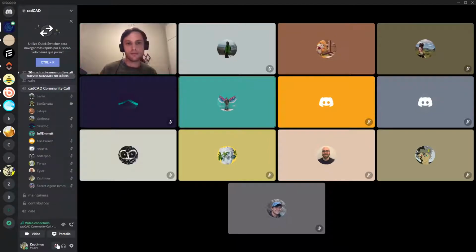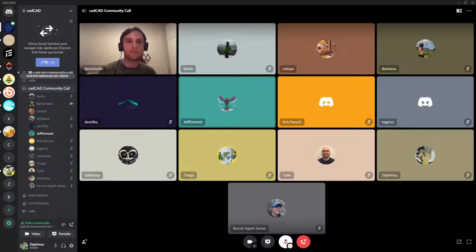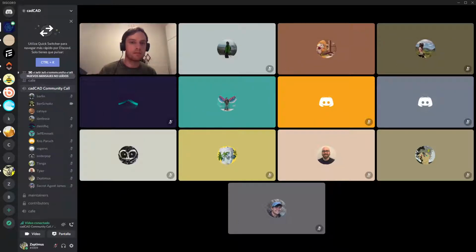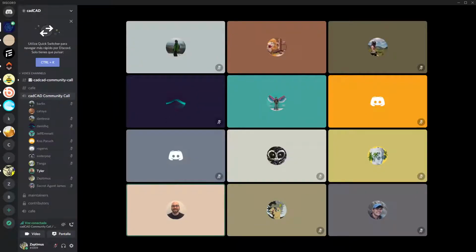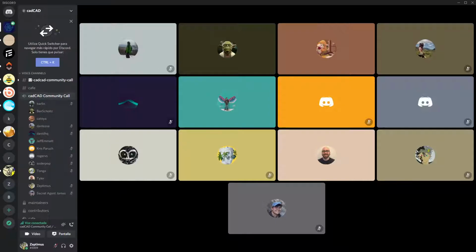Let me know if there's anything I can do on the cadCAD server side. I don't think we've had a problem sharing screen before, but I know there are a lot of settings in here that I haven't really explored. Other than bandwidth, there shouldn't really be anything server side that we would need to adjust, but okay. I don't know, Ben. If you've also got the presentation somewhere, I suppose I could try and share it from here and you tell me when to go to the next screen. I don't know what it is you're presenting exactly, but NFT Genus. Oh, it looks like he just dropped off, probably restarting Discord. I think we're just